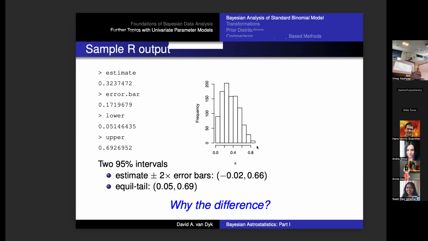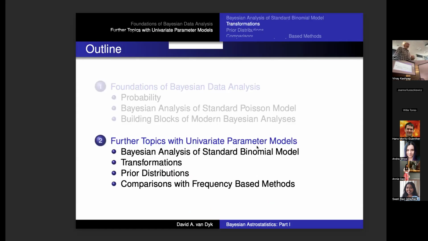And what's going on whenever you do plus or minus 2 standard errors, or plus or minus any standard errors, is you're assuming your distribution is Gaussian. Gaussian is where that makes sense. That's where the plus or minus 2 comes from. It's probabilities based on Gaussians. So if you look at a distribution, this one doesn't look too bad, but if it's not Gaussian, don't do this. Or if you do this and you get a value outside your parameter space, realize that the problem is you're making Gaussian assumptions that are not warranted. So if you go back to the more basic things, you'll be fine.